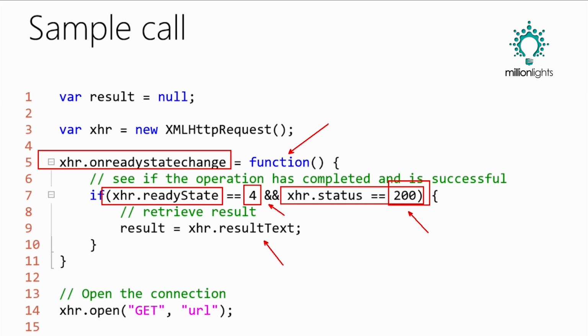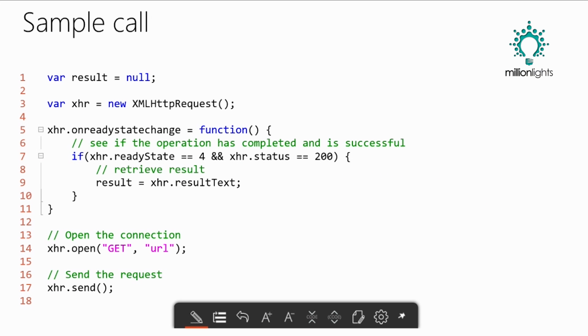Then from there, you're going to notice that we can go get the data, and we can actually get the header, we can get the full response object, and in this case, we can get the text that we're going to be retrieving here. I'm actually just going to use a very basic little text file in my demo. So then you're going to notice that we've got all that. If we want to open up the connection, it's simply open. You pass the verb that you want, so if you want to use post or delete or otherwise, you can do that there. In our case, we're going to use get,